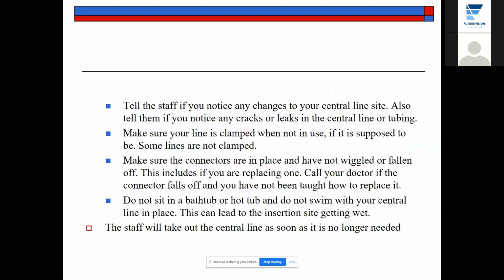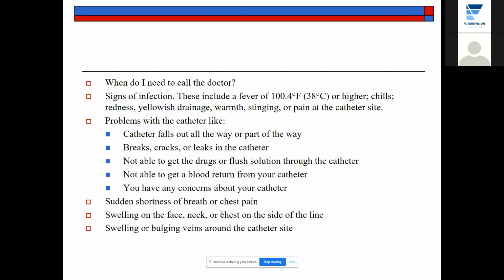When, if the patient has a central line, in which case do I need to call a doctor? In which cases am I forced to call the doctor if the patient has a central line? The first and most important thing is if he has signs of infection. What are the signs of infection? If you notice the patient has signs of infection, regardless of what type of infection. Like what? How do you notice this?